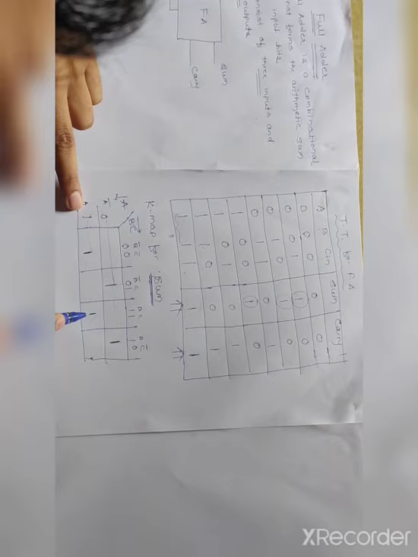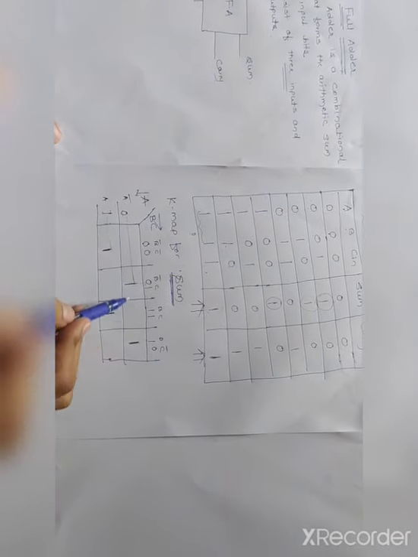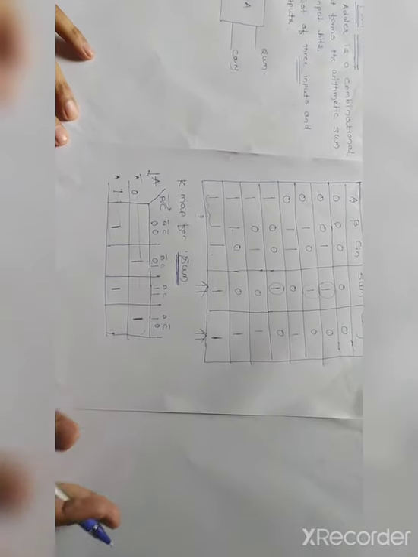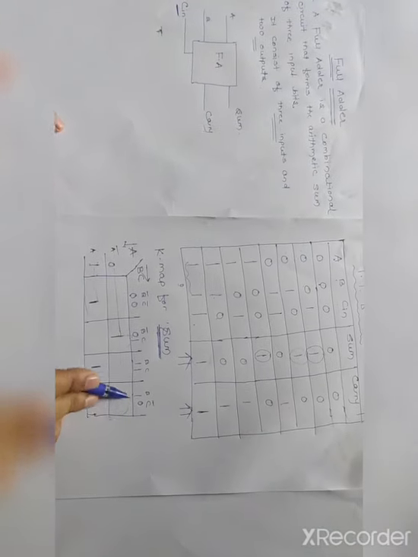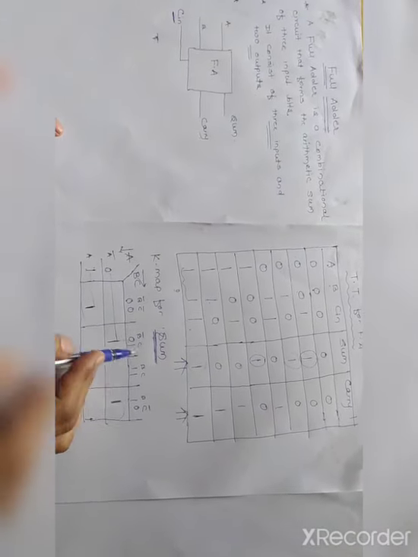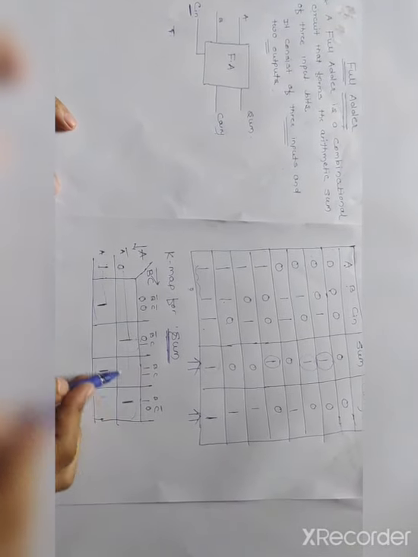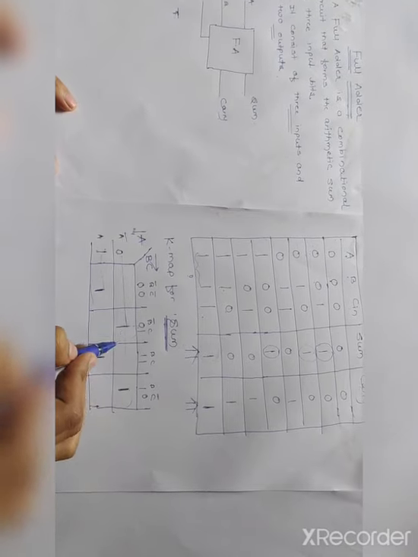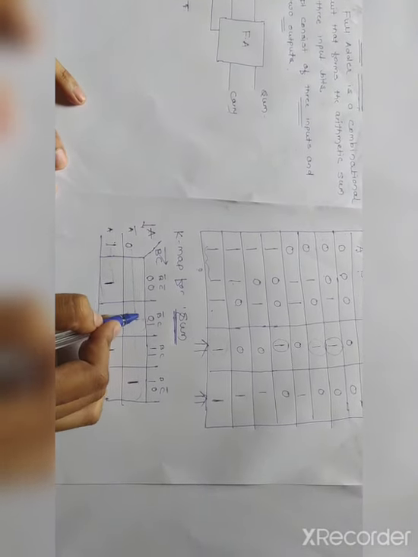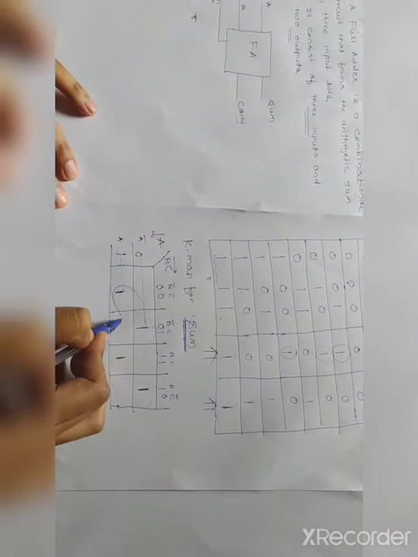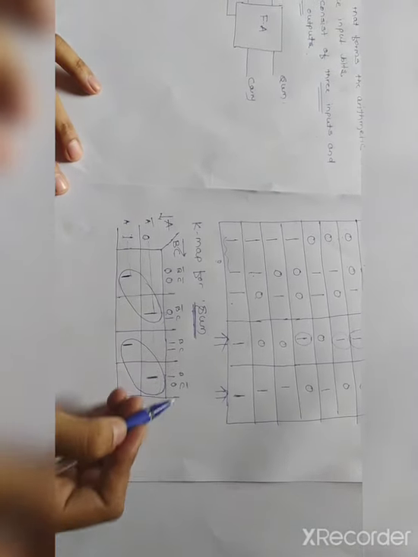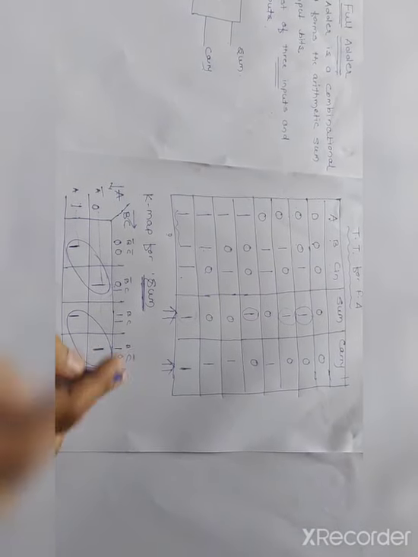Now from here you can group diagonally, or you can group a single bit. Now it covers all the diagonals, it covers all the groups. So you can write the direct equation for this. If I group like this, all the diagonals are covered. So you can write the direct expression for this with all variables A, B and C.